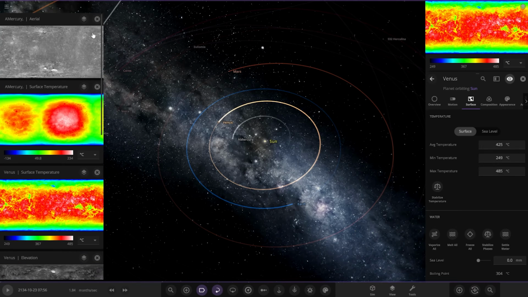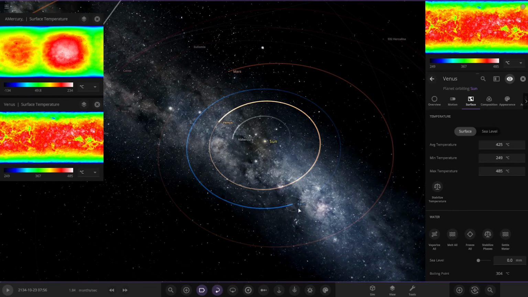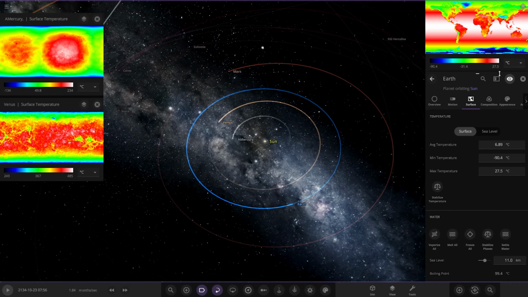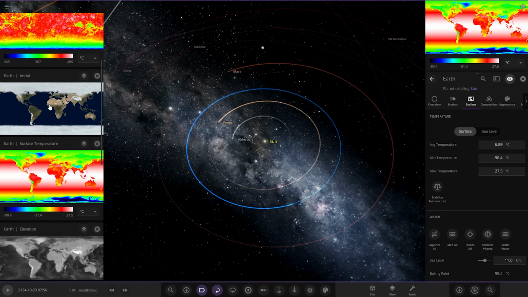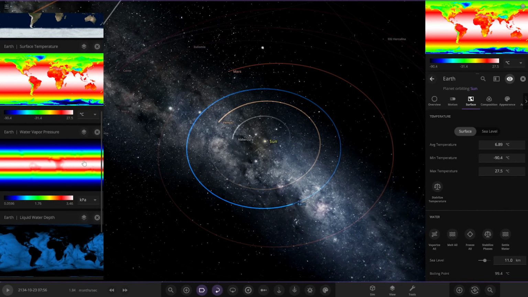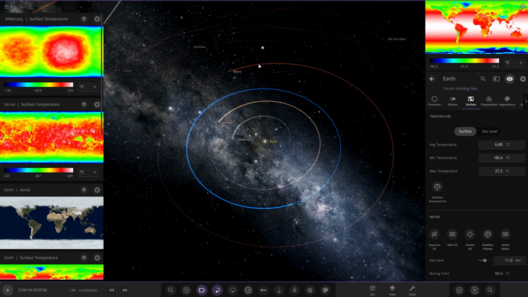So Venus, same principle with you. So we don't need the surface maps actually. So yeah, we've got Mercury, Venus, then Earth. I guess we could probably have some more features for Earth actually. So we're going to do that with you. So there's Earth currently. So there you go, water vapor, water depth. So yeah, we'll keep an eye on all of those. And then lastly we have Mars